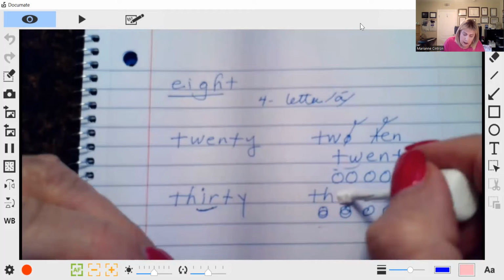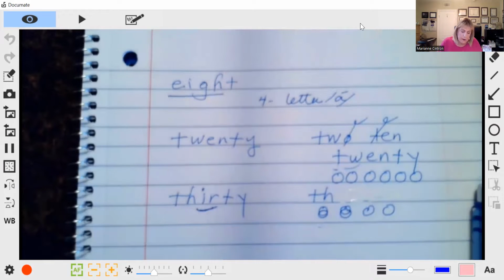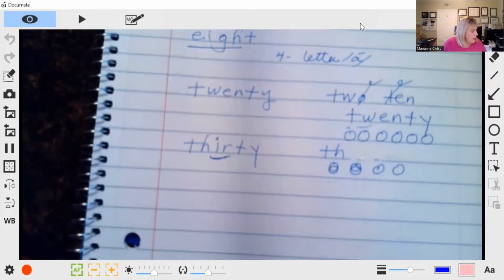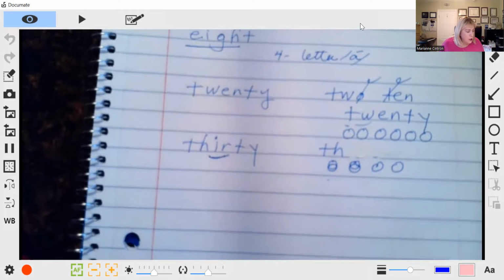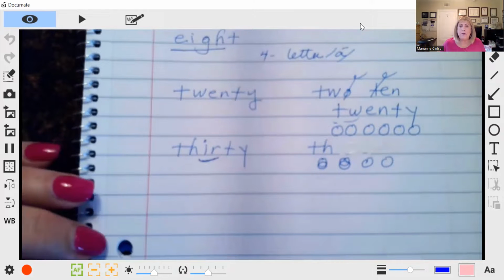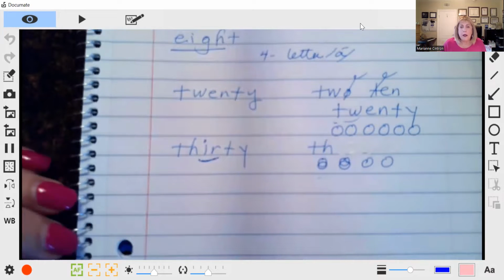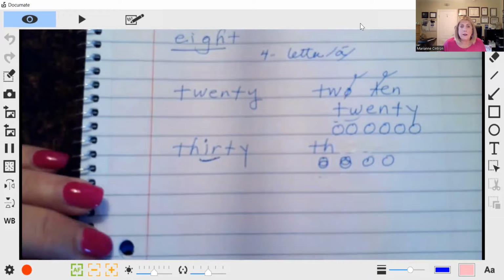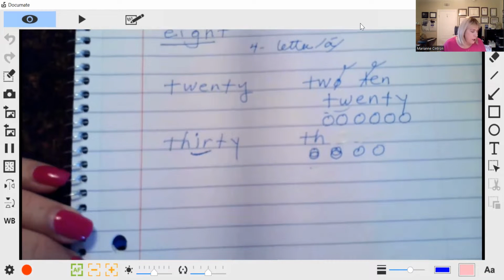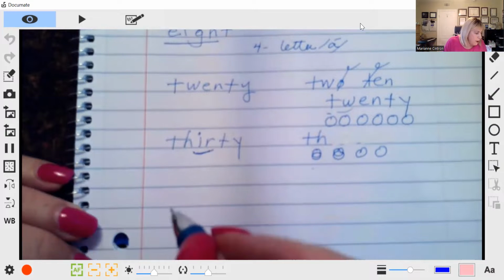Here's my live video, teacher and work. So Bossy R's are going to be bird, girl, first, third, shirt, skirt, shirt, thirst, stir, and birch. Okay, those are the Bossy R's I teach in my videos, and we're going to do other Bossy R's in the summer reading Minecraft adventure. Then we have 40,